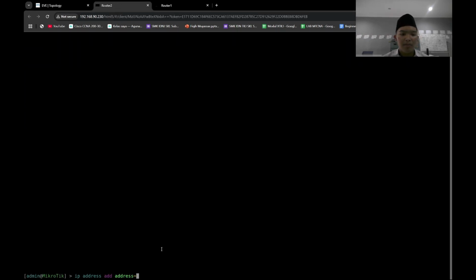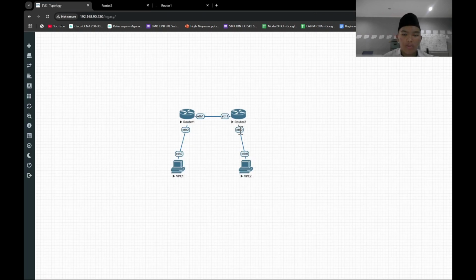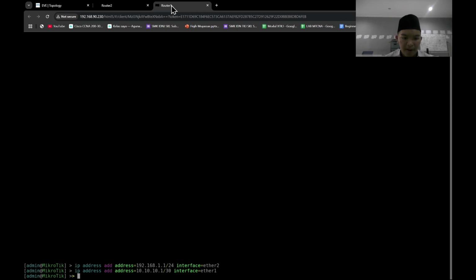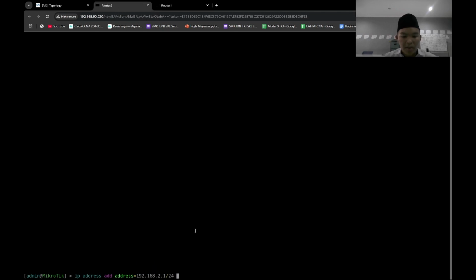Make sure that Ether2 in router 2 is in a different network, like this. For example, 192.168.2.1/24. For this IP address the network is 192.168.2.0. Different, right? Different from the last IP address. This IP address is in a different network, and then the interface is Ether2,